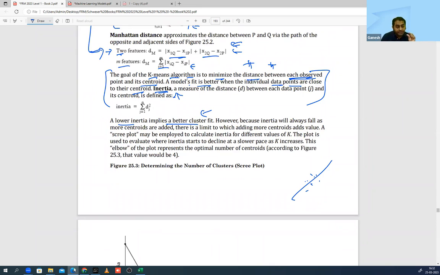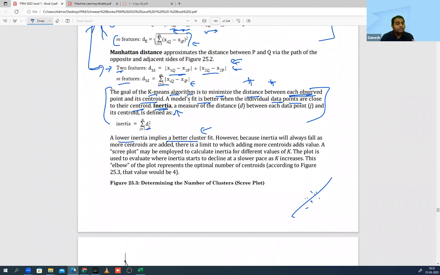If the difference between the center, the D, what is D? The D means the distance. So you'll take a squared distance. Why squared distance? Because of negative and positive, you do the squaring and you add. Same way you're doing for variance, right? So if you are able to find a very low inertia in a model, you are in a better spot. That means you have already found the answer, or you have found a model which is able to do the clustering better.